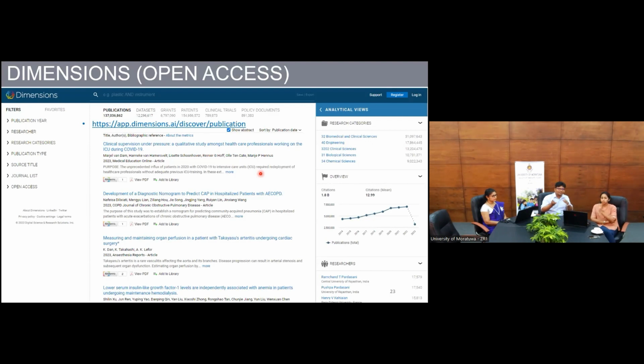The thing is, you just put in the keywords, and then once you put the keywords, you get the same kind of thing, but you have to be very careful to choose what you want. Unlike the index-specific databases, where you know that if it is published there, it can be taken as a peer-reviewed paper, the papers available here need to be scrutinized a bit more. So you have to be careful, but anyway, it's better than nothing.